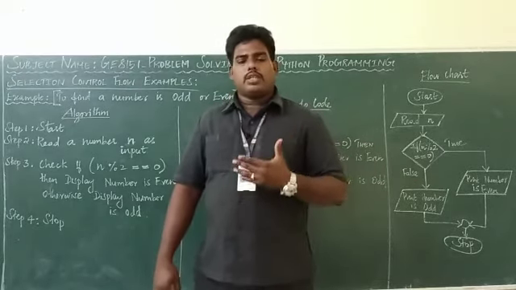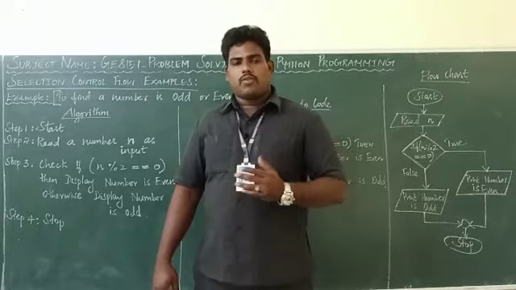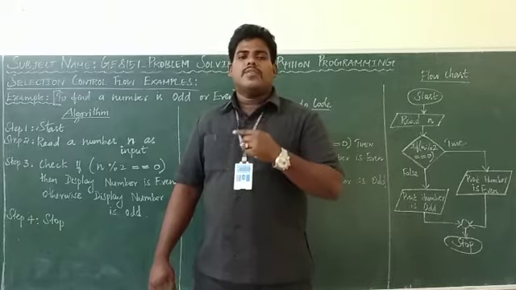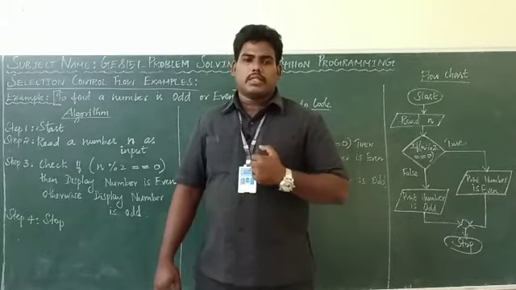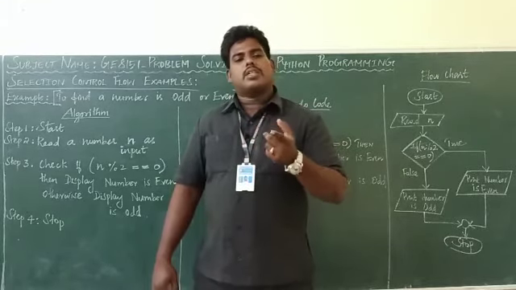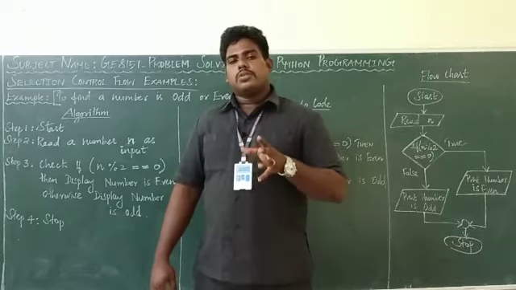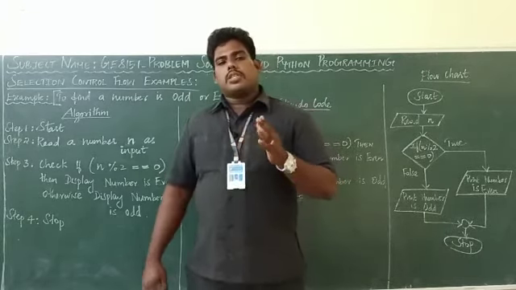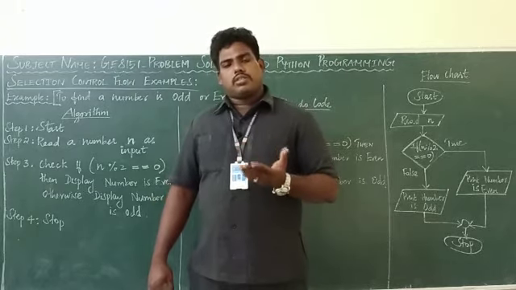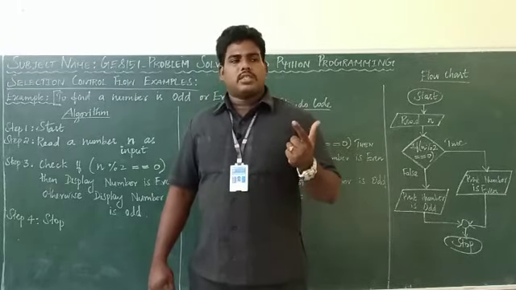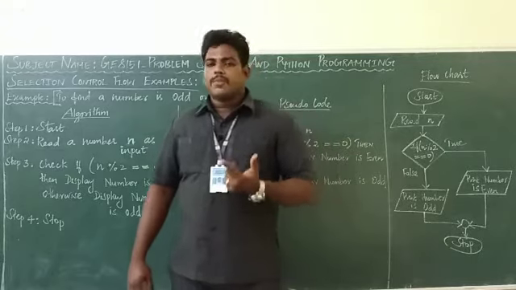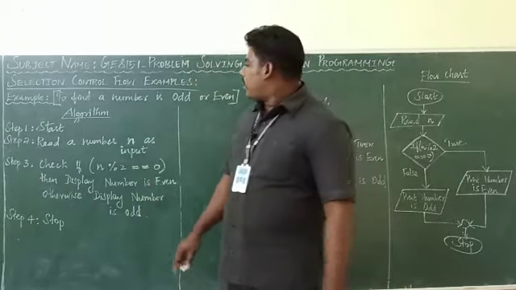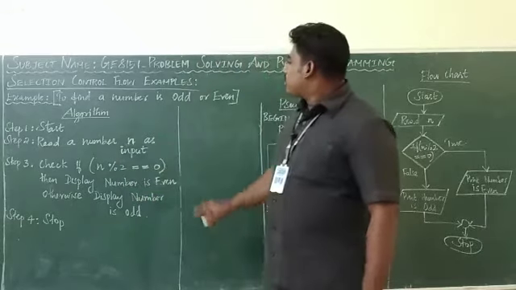In that, one type is selection control flow. Depending upon the condition, it determines which statement is to be executed, whether the first statement or the third statement, like that. So in this we can see some examples. In the selection statement, what are the main things? If and else are the things which come under the selection statements.